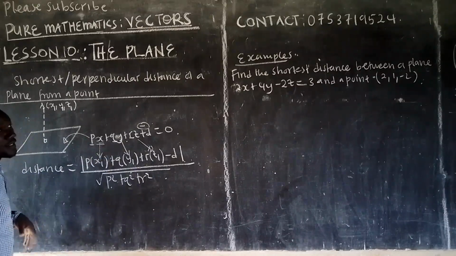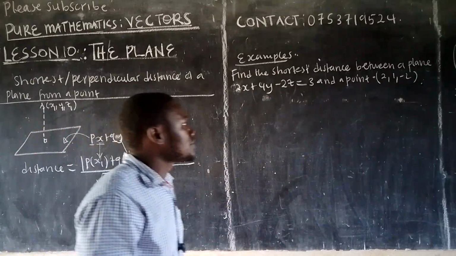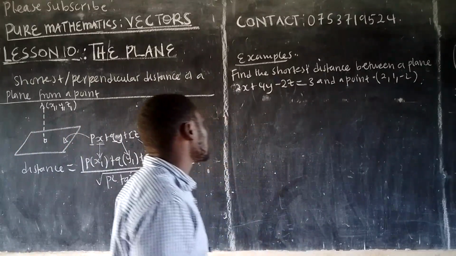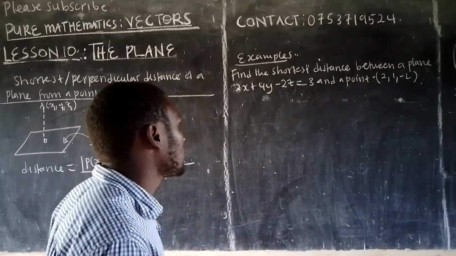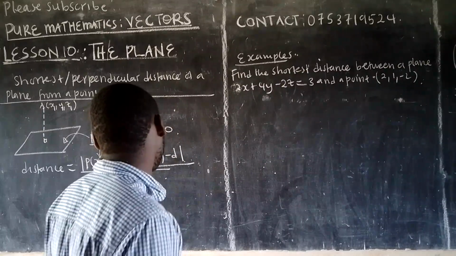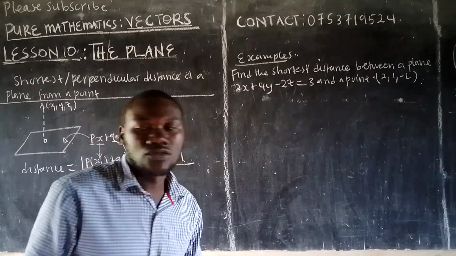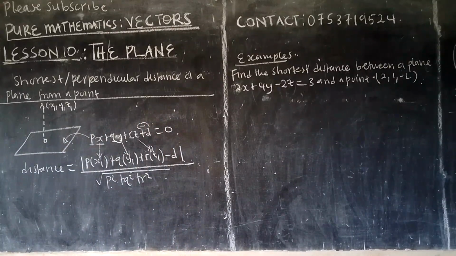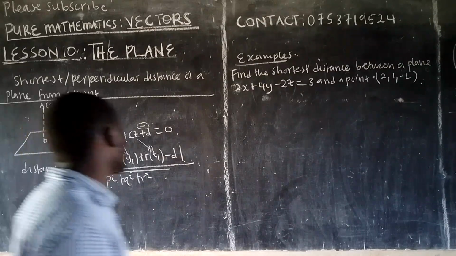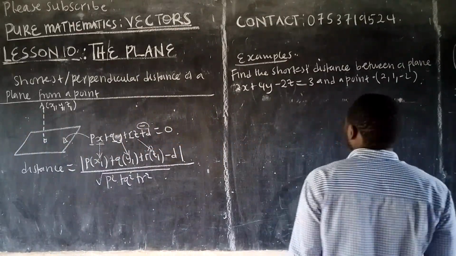An example: find the shortest distance between a plane 2x minus 4y plus 2z is equal to 3. That's what we want to find. Now in our solution we shall say,